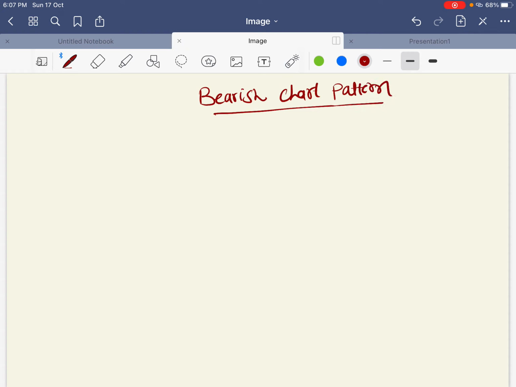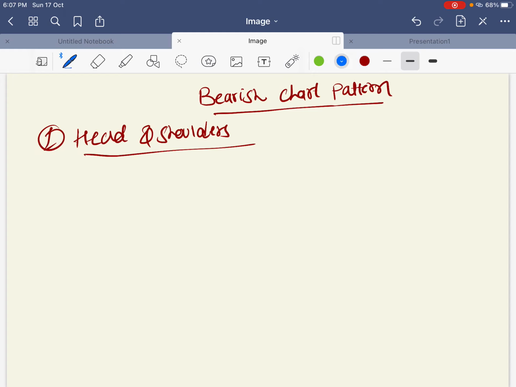So I will start with head and shoulder. Our first bearish chart pattern is head and shoulder chart pattern. So how does it look like, how to take entry and where to place stop loss, we will discuss about this. Let me just give a basic drawing of that chart pattern so that you can identify that pattern in your drawing. So basically